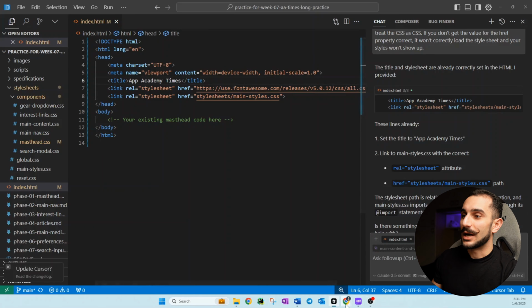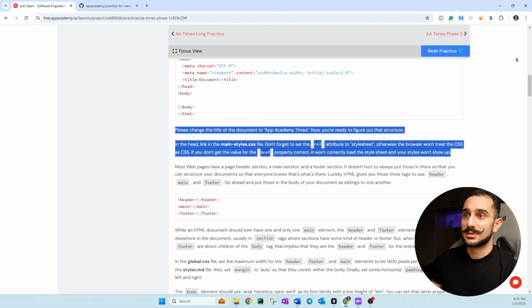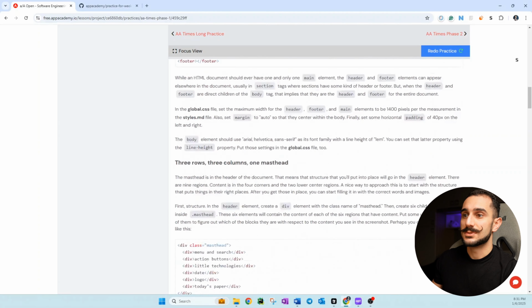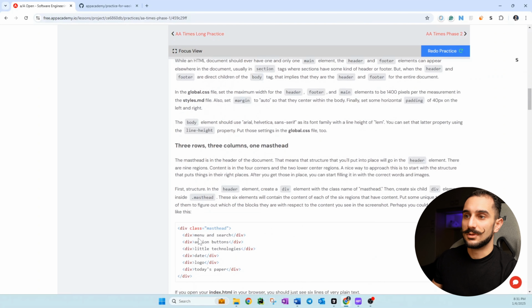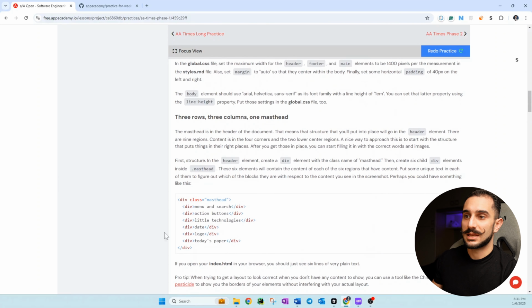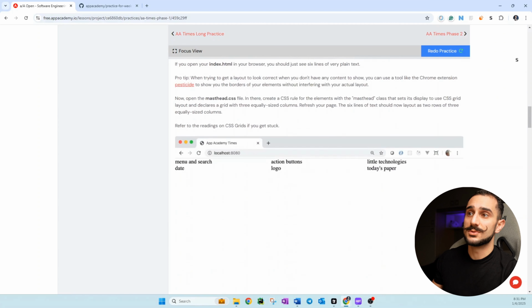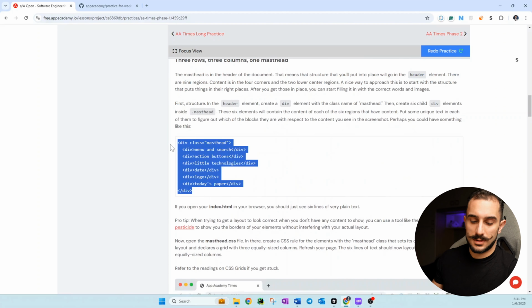Better. Now let's go to the second part, in which they want us to add this little list. They explain that you need to have these kinds of things, and then they explain how you should add it in the masthead CSS file. So let's just go ask Cursor to do it.